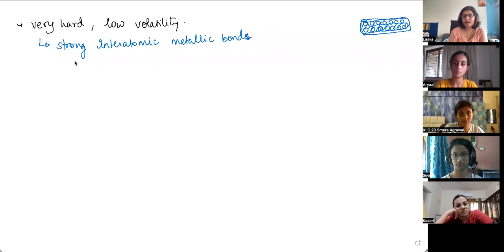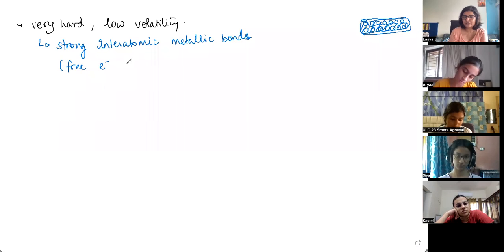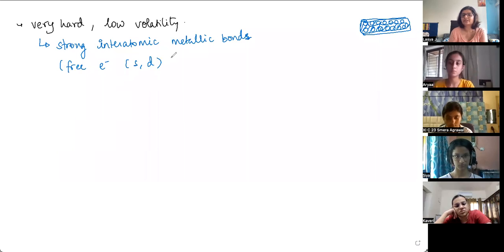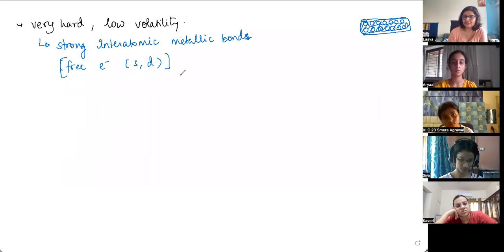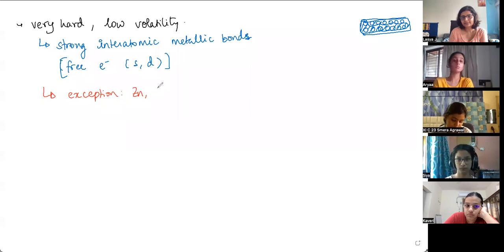So they're very hard because of strong interatomic metallic bonds. And these interatomic metallic bonds depend on the availability of free electrons. In the case of d-block elements, you get electrons from the s as well as the d orbital. So more number of electrons means stronger bonds. Because of this, we can see that the exception to this would be, again, zinc, cadmium,